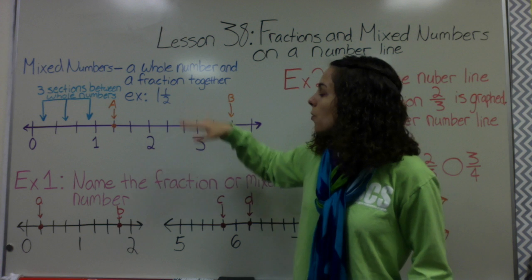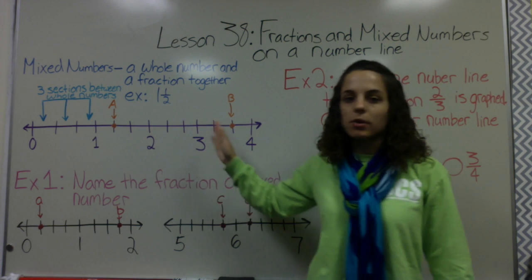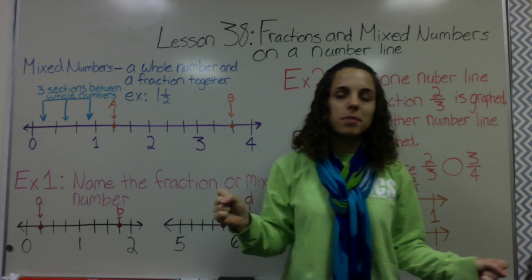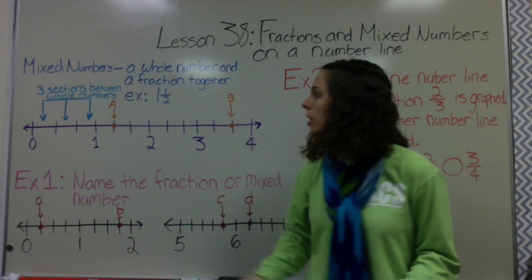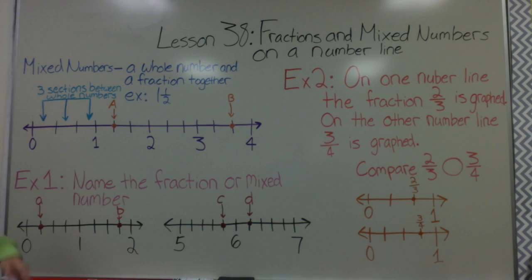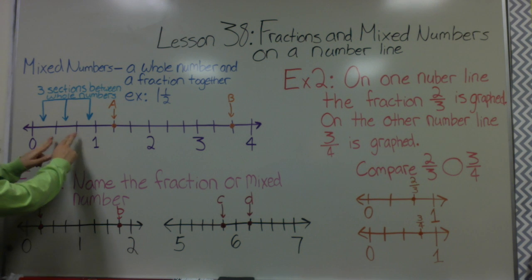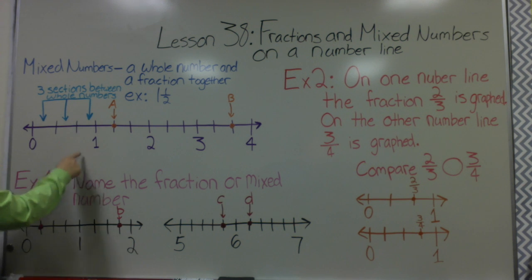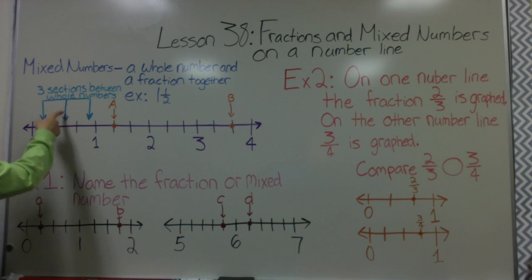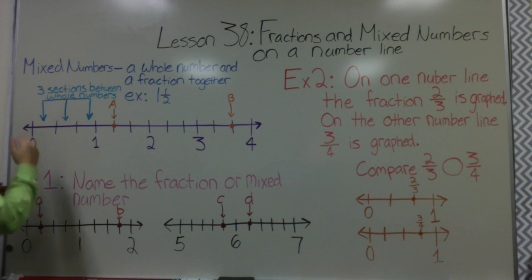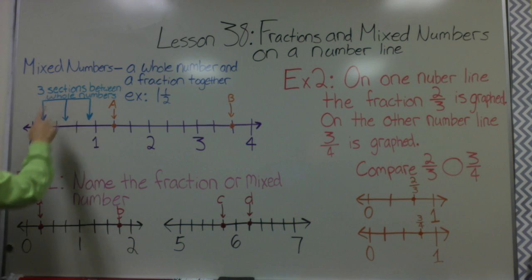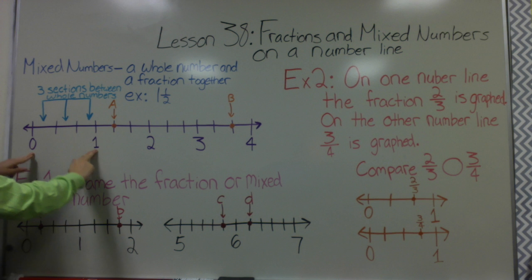All right, so whenever we're reading mixed numbers on a number line, you're reading a number that's larger than a whole number and smaller than another whole number. Now, the way that we count them on this number line, for example, we count the sections that are in between our whole numbers. So I'm not counting my lines. It's very important. I'm not counting 1, 2. Okay, so it's half, because if it was half, it would be split directly with one line in half, one hash mark. I'm counting the sections in between the whole numbers